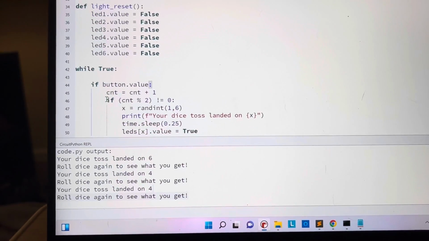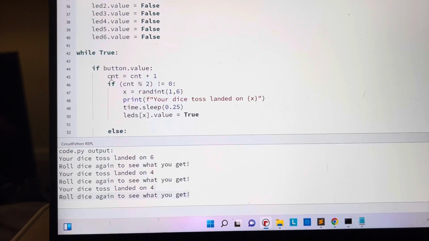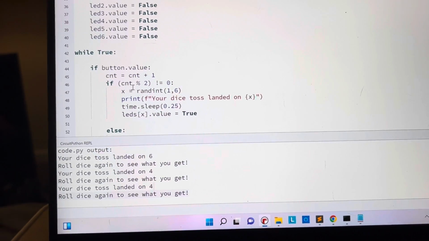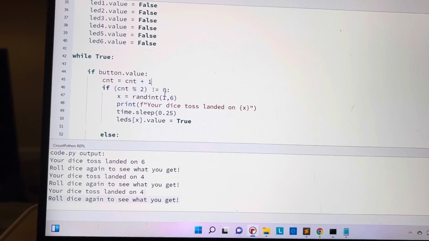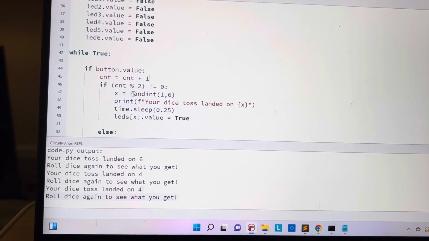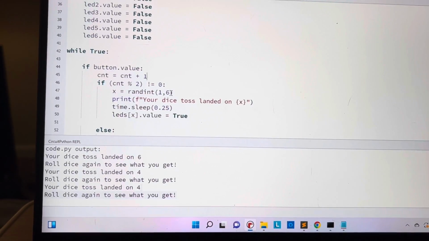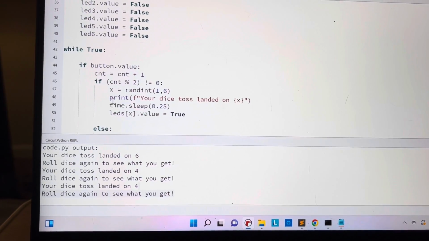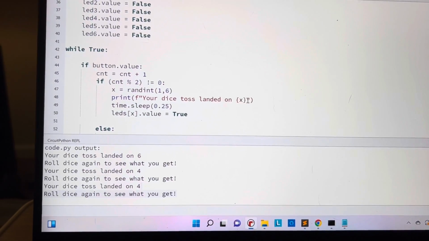So while true, if the button is pushed, it'll have the counter, so the count equals count plus 1 for increasing. If the count is divisible by 2 and it is not equal 0, so if the count is an odd number, it will do the random integer from sides 1 through 6, and I put that in a simple variable for x, and then I put print your dice toss landed on, and then the x variable,